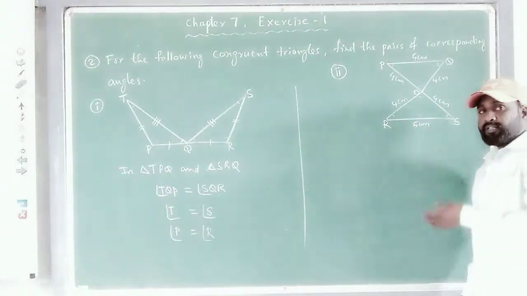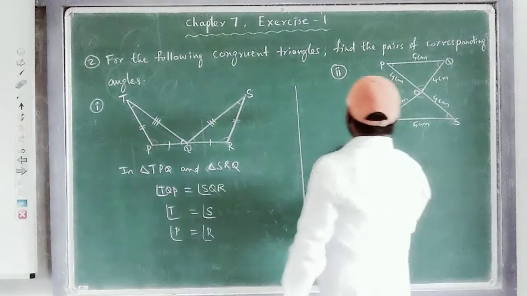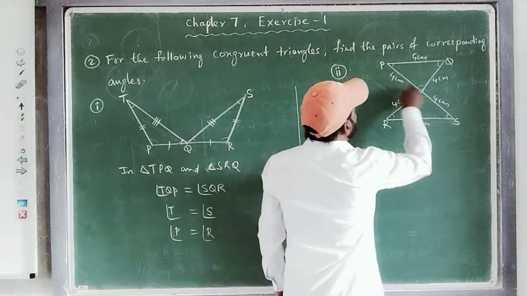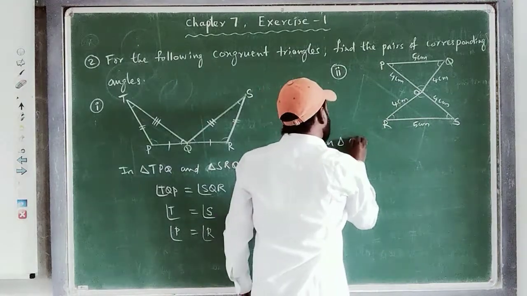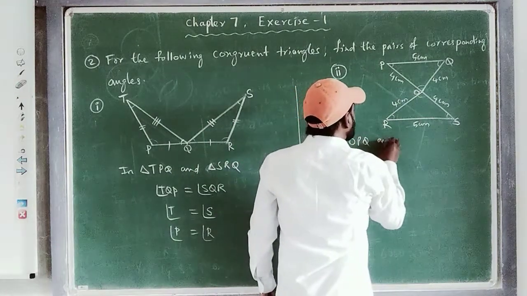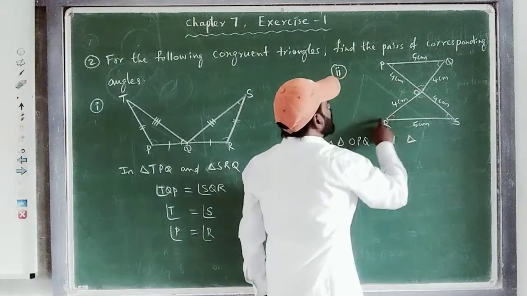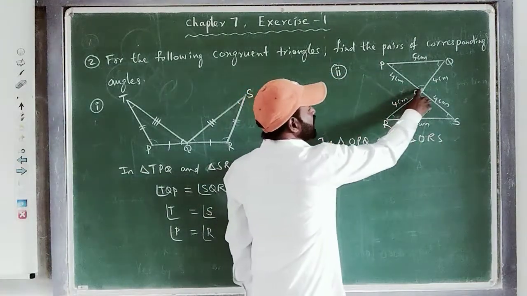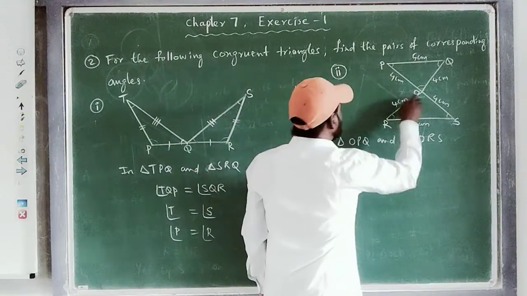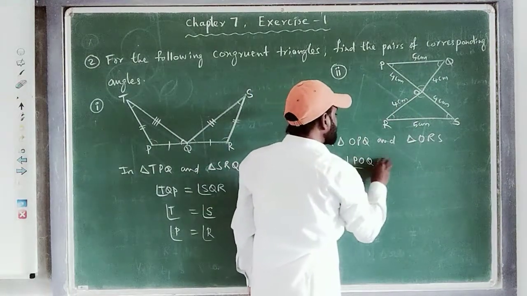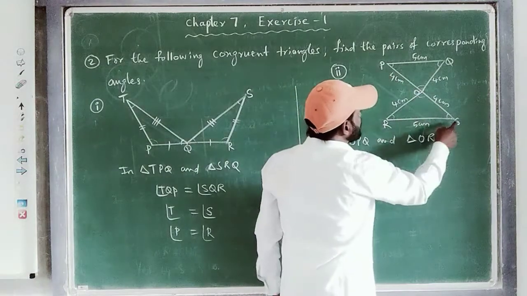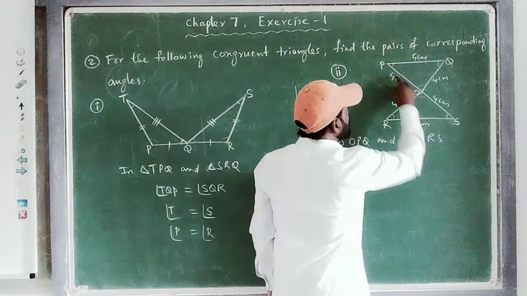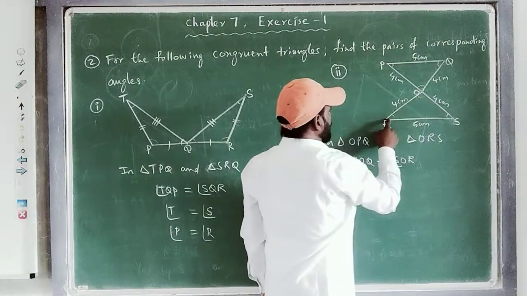They are congruent. Now the corresponding angles which are equal, we have to write in triangle OPQ, or POQ, whatever. I am writing OPQ and in triangle ORS. Which is the common angle here? O. So I am writing that is angle POQ is equal to angle SOR.